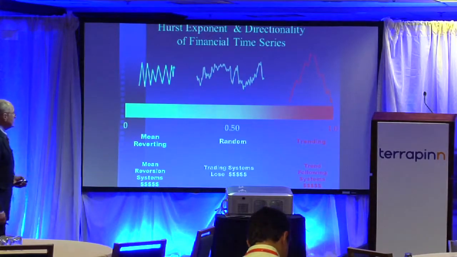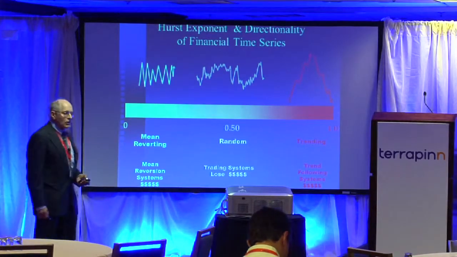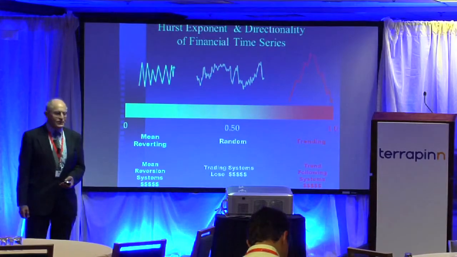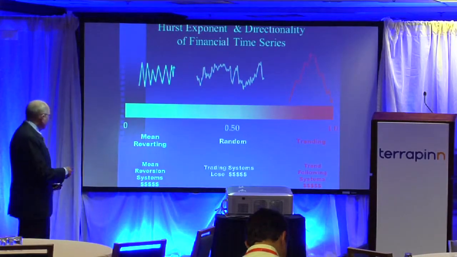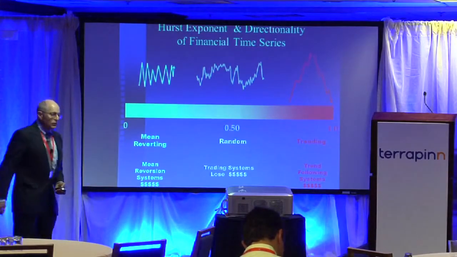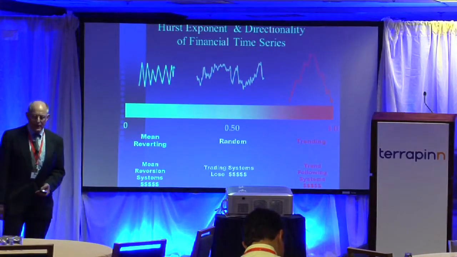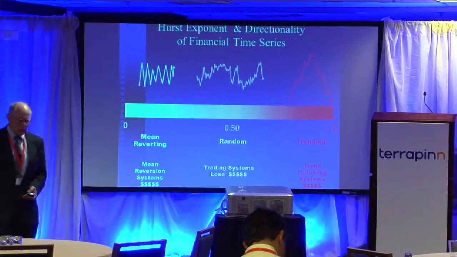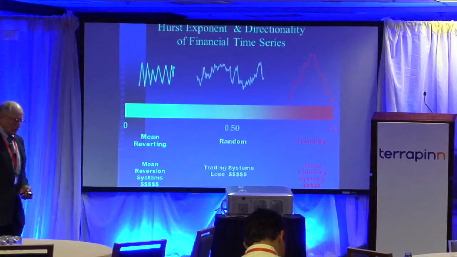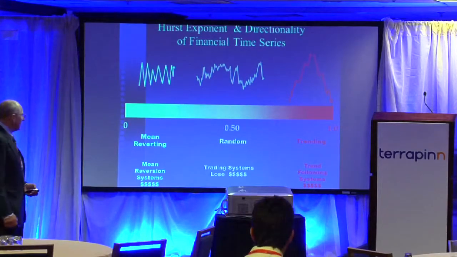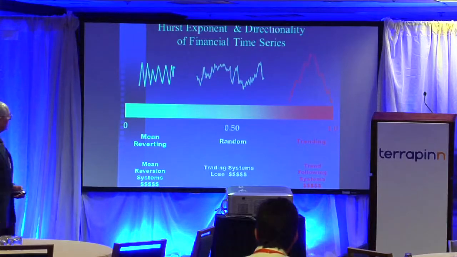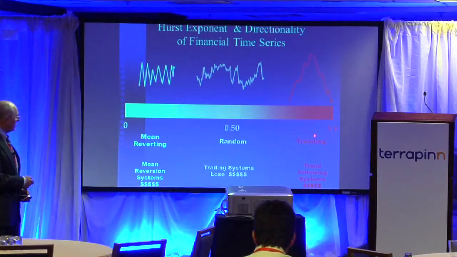So we can use the Hurst exponent to characterize the directionality of a time series, from mean reverting down close to 0 to random at 50. By the way, the random at 50 is very much related to the variance ratio test that you may be familiar with, that was written about by Andy Lo and his co-author, I forget who it was, Minsky or McKinley or something like that. McKinley, I think. And then when you get a Hurst exponent up near 1, you have highly directional trends either